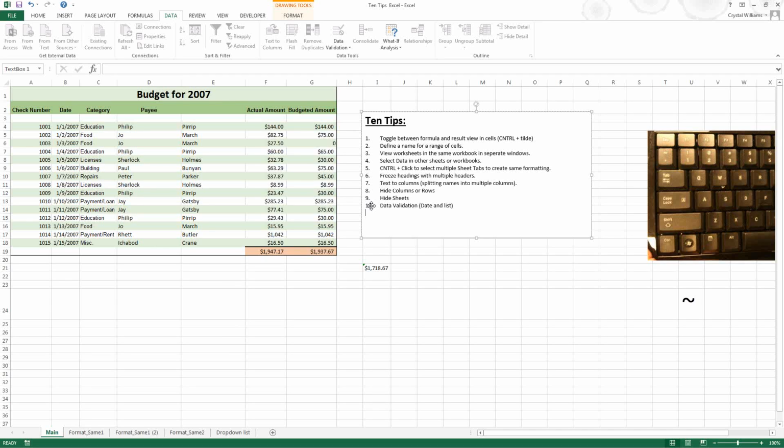Data validation. So this limits your users to what they can or cannot put into the cell. You can select different ways of validating your data. We looked at how to use a list and how to use